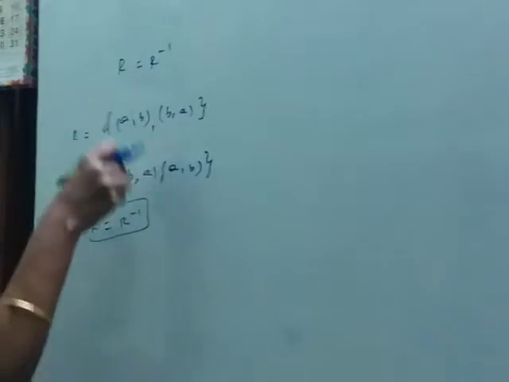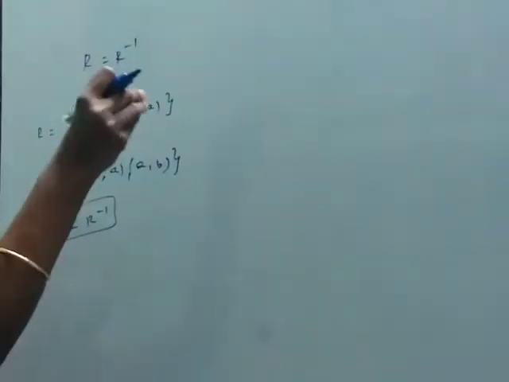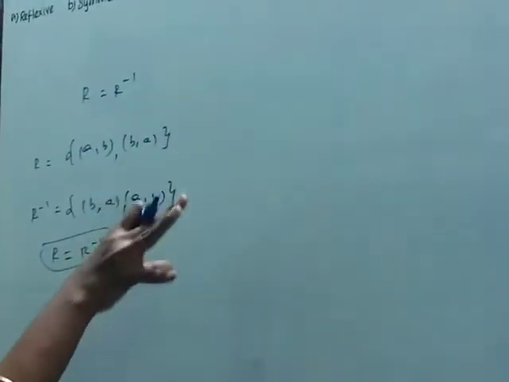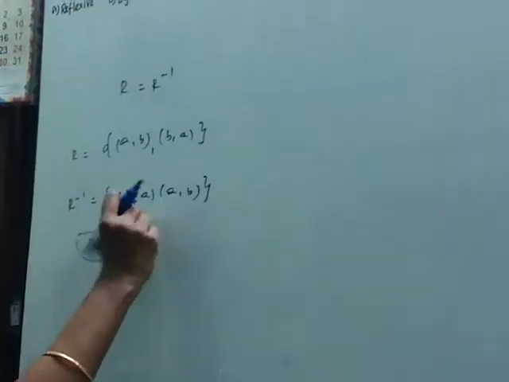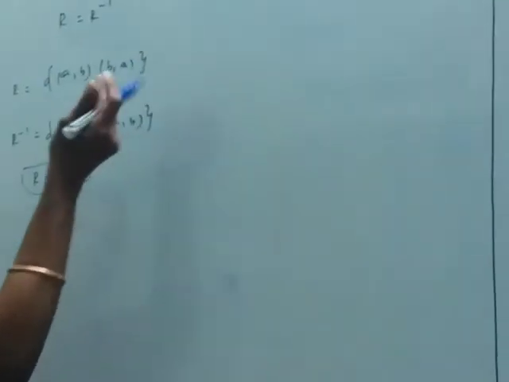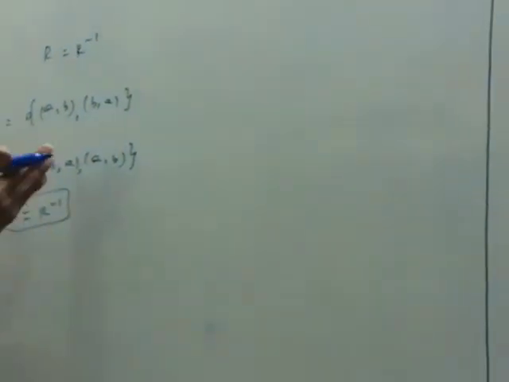This is the fourth problem, an easier solution. This is 1 1 2 2 3 3. According to our set A, we can assume the elements, but the other way is easier. If you take R as (A, B) and (B, A), then R inverse is (B, A) and (A, B), both are equal. Then the only property granted here is symmetric.